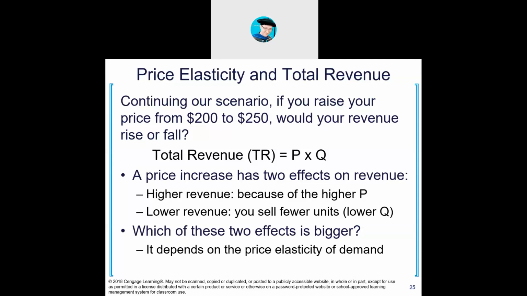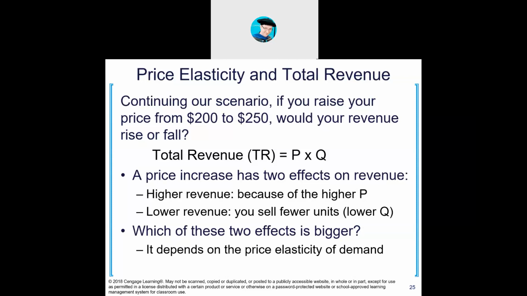Total revenue is simply the sales price, P, times the quantity sold, Q. P times Q, price times quantity, equals total revenue. The number of units I sold times the price I sold them at gives me my total revenue. Very basic, simple to understand. Every business follows this extremely basic principle: the price I sell at times the quantity I've sold. That's my total revenue.